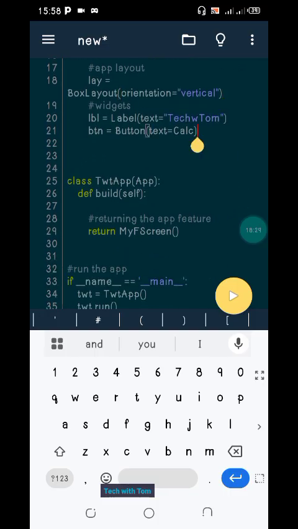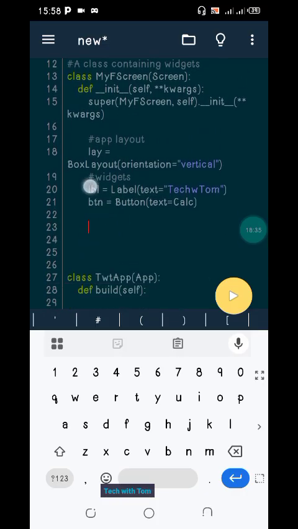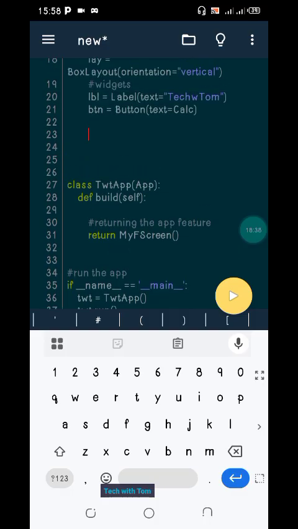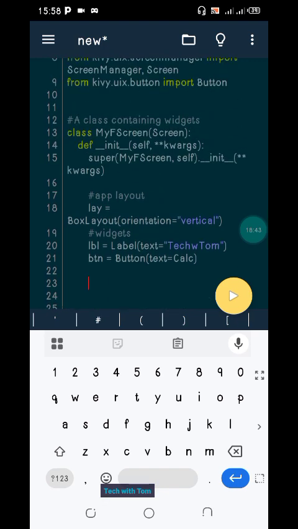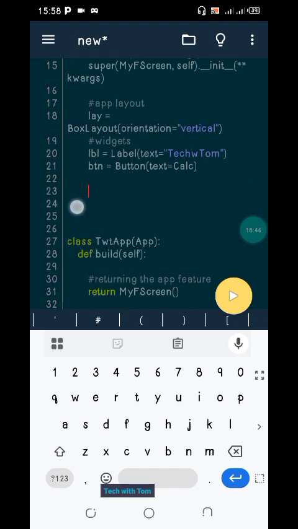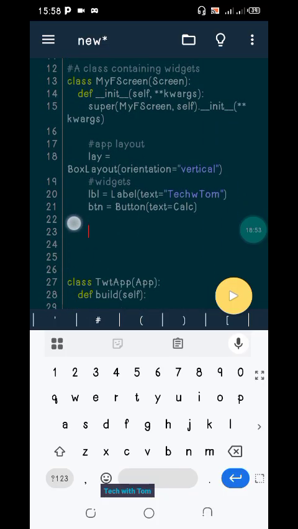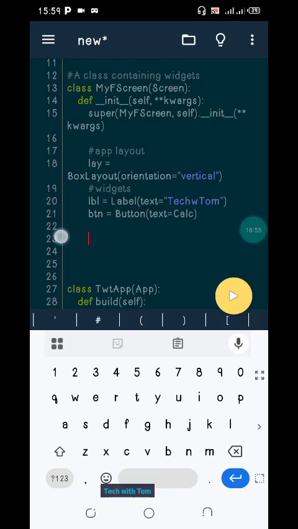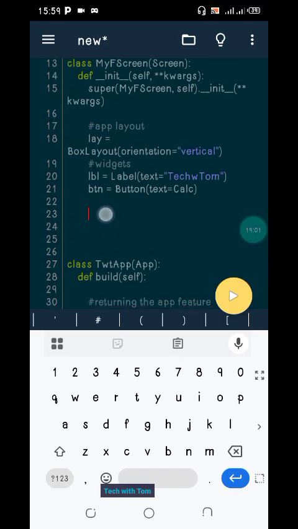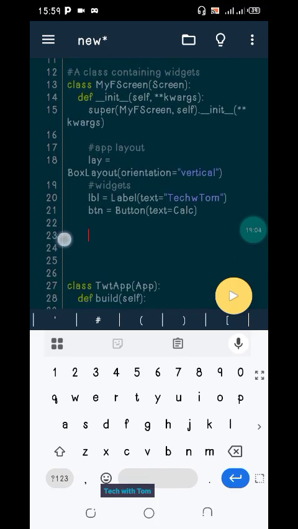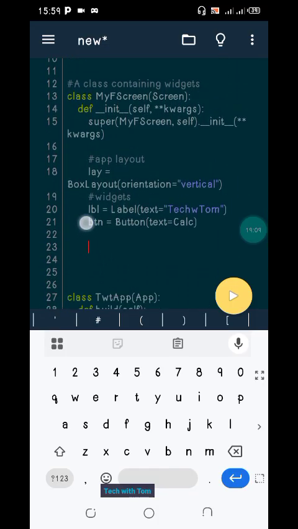Now we need to add this widget to the class so that when you call it or run the application, since the app class is returning the myFscreen class, it has to show because it's being added as a widget. The screen contains widgets, so we need to add it. Although we've defined it in the class, it won't show because we haven't added it to the widgets of the screen at all. We haven't registered it as a widget of the screen. So